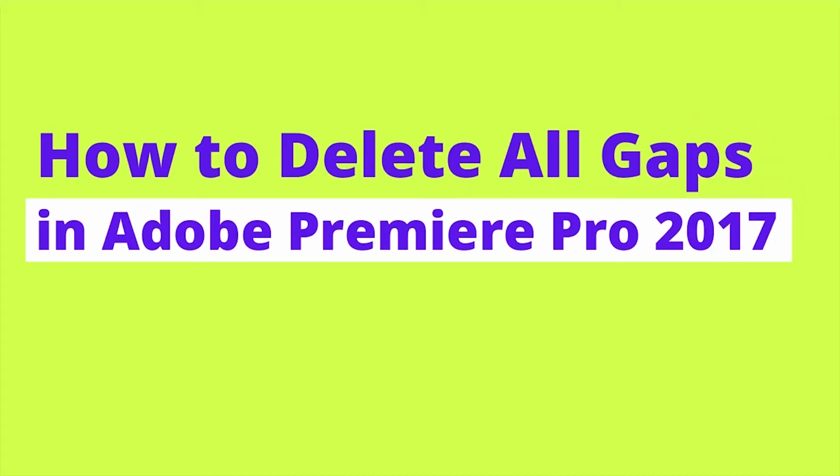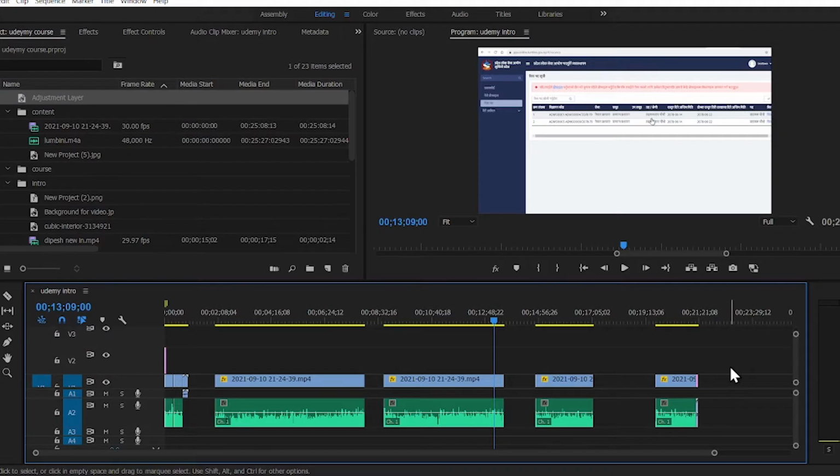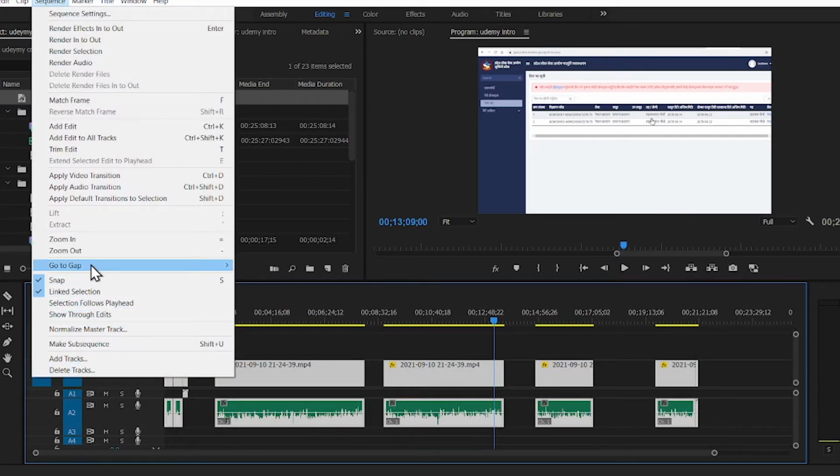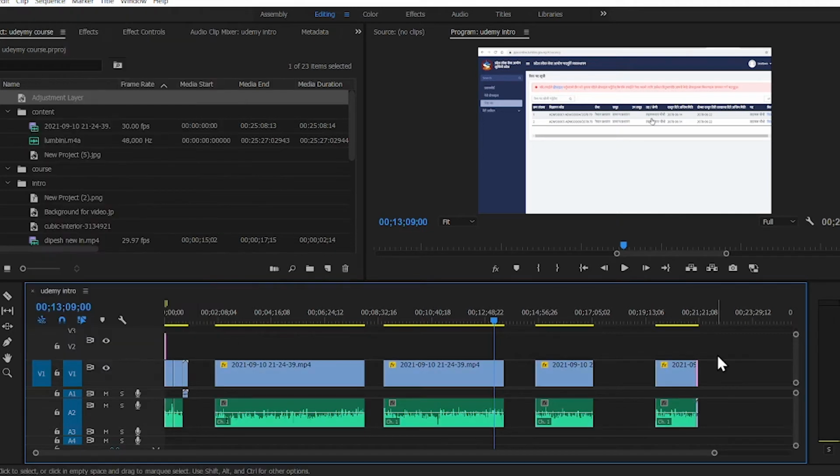Today I'm going to teach you how to delete all the gaps in Adobe Premiere Pro 2017. In the latest version, there is a close gaps option available inside the sequence. You can see above the go to gap, there will be another option in newer versions, but in 2017 there is no option to delete all the gaps in one click. But this time I'm teaching you how to delete all those gaps in Adobe Premiere Pro 2017